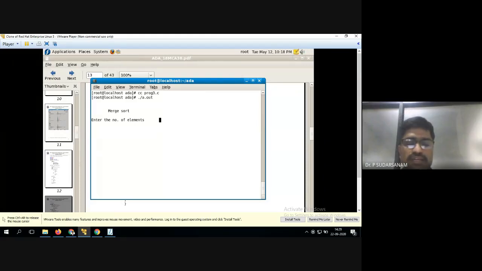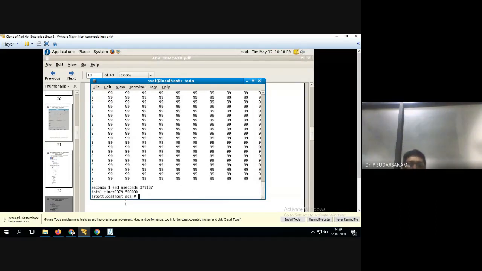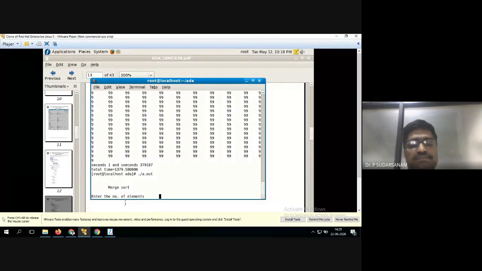So now I'll enter just 6 elements and find out. Is it sorted? Yes, sir, sorted. Now what you have to do is run it for different values of n. Different values of n means you take 1 lakh, 2 lakhs, 3 lakhs, 4 lakhs, 5 lakhs, 5 different values. So I'll enter 1 lakh now. So now you need to see, this time it is generated very fast. Now you can enter 2 lakhs.